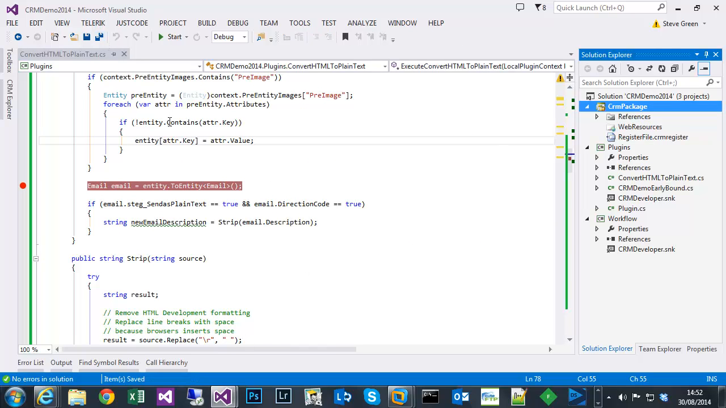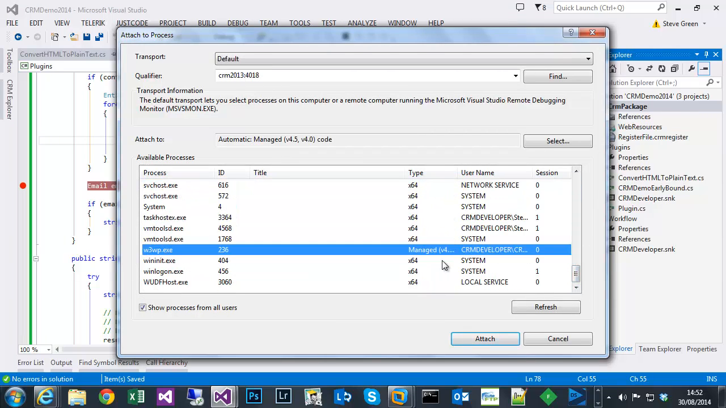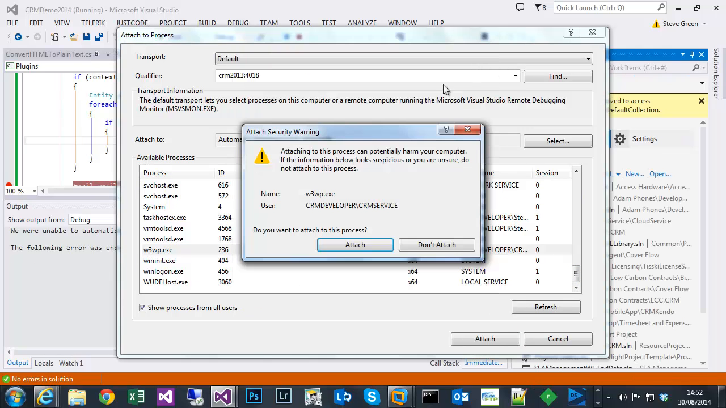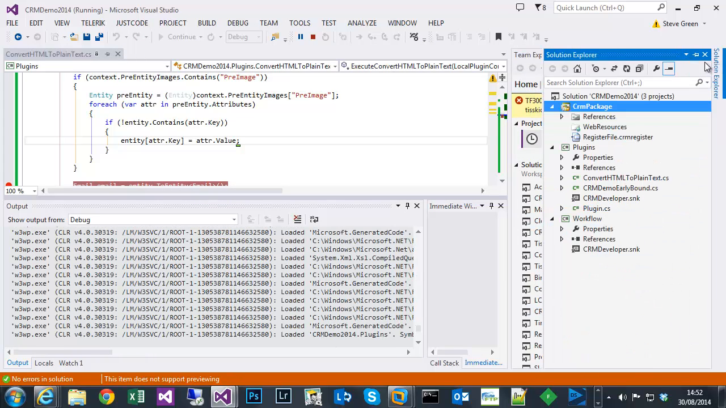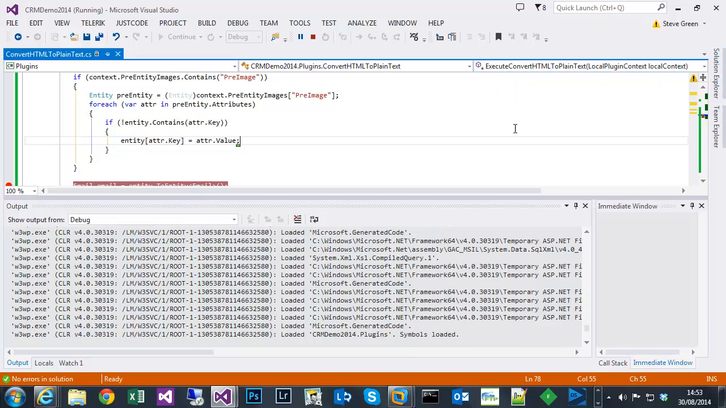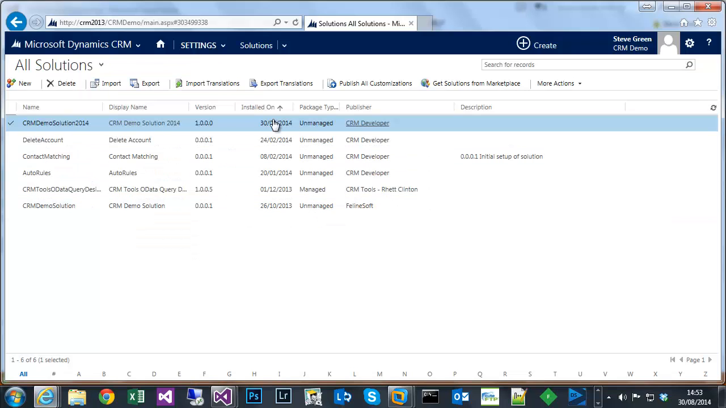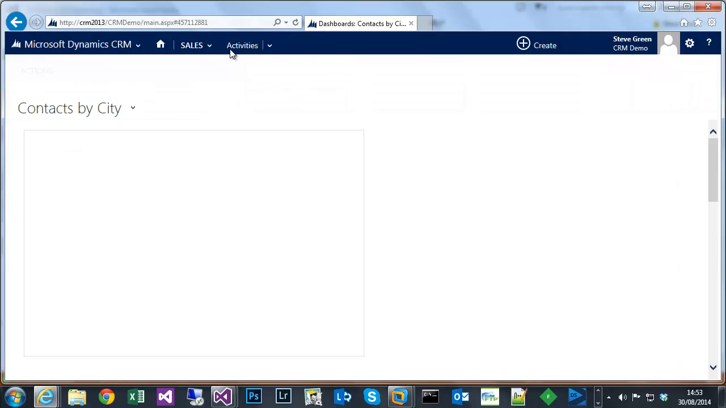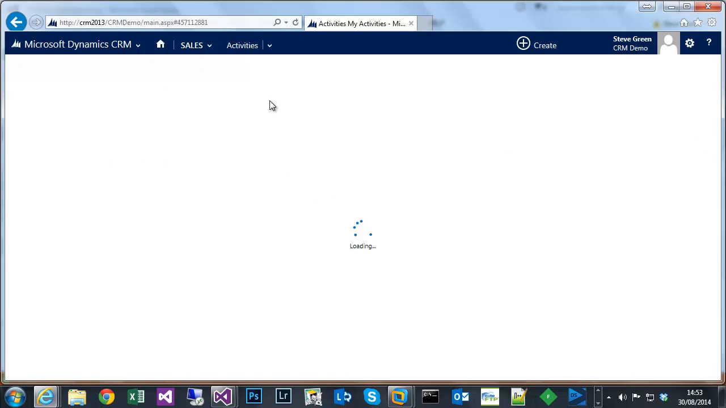So I think that's deployed. So if I attach again, but this time on my virtual server, if I scroll right down and find the W3WP attached to that, just hide that out of the way. So I'm now attached to W3WP. If I go into CRM and go to just activity somewhere and create a new message, so if I create a new email,